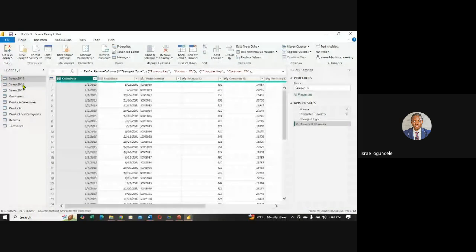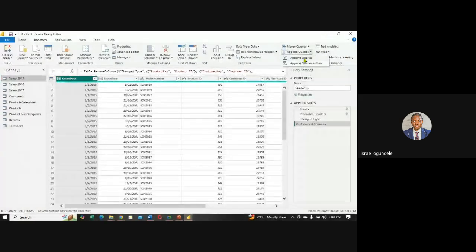So how do we consolidate this into one data? I'll click on this. Then I will now come to append query. Under my home, I will now come here to combine. I want to combine the data. That's data consolidation. I'll come to append query. Once I click on this append query,